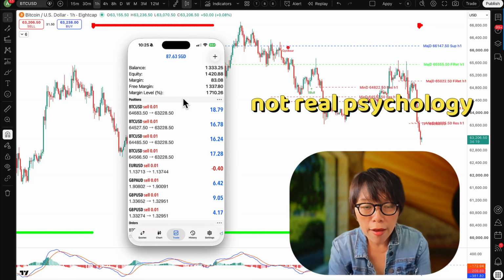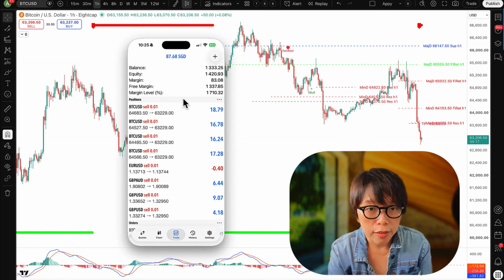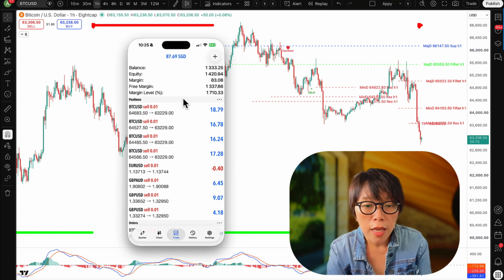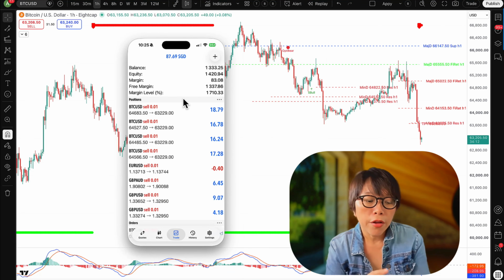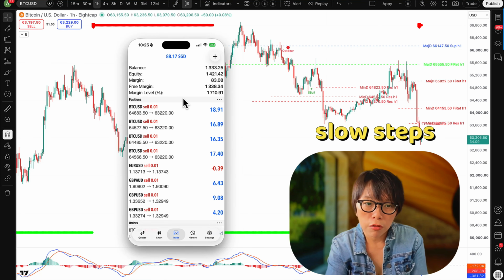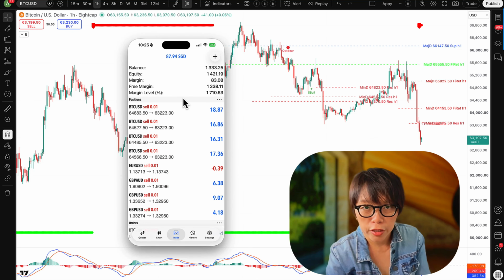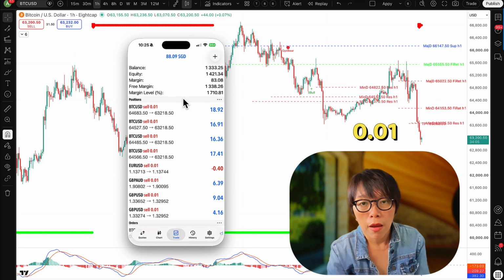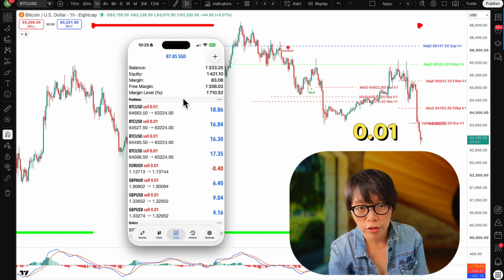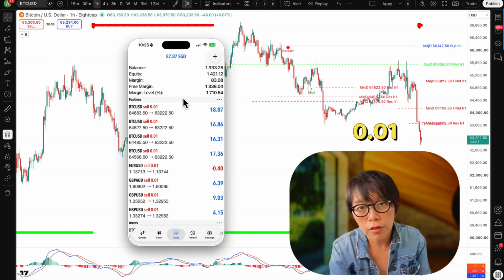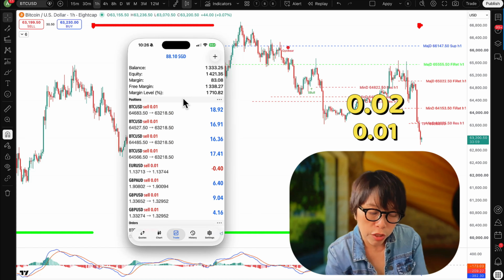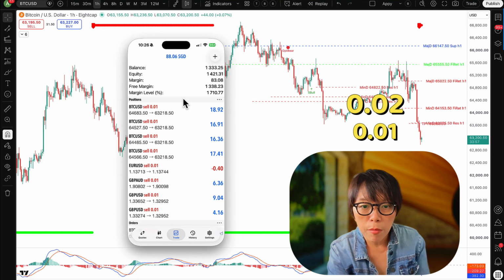Now, when you're trading a small lot size, it means that it's real money and you're going to step it up slowly. So first, you try and manage your psychology with 0.01. Then next, try to manage your psychology by upsizing. So the next upsize could be 0.02. You do it slowly. And when you get a little bit more comfortable with the numbers, then you move it up to